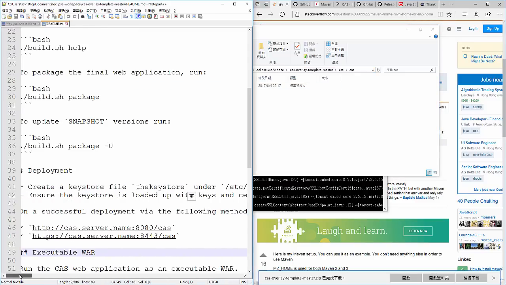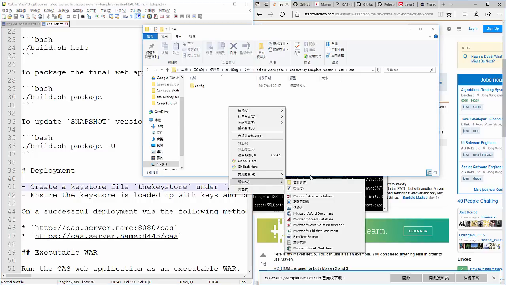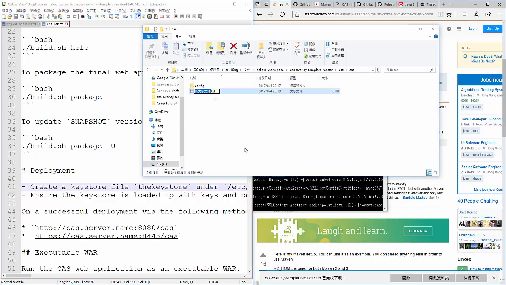So I need to create a file called keystore. So let's make a file, make sure that it is an empty file, and just type keystore without a dot at the end, and without a suffix, which is good.